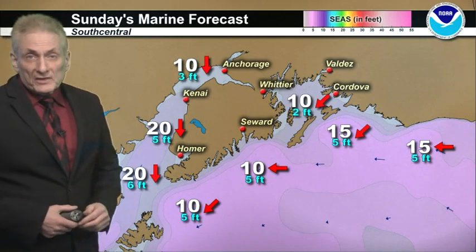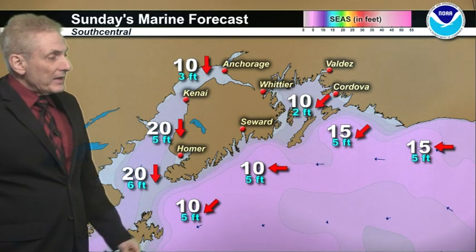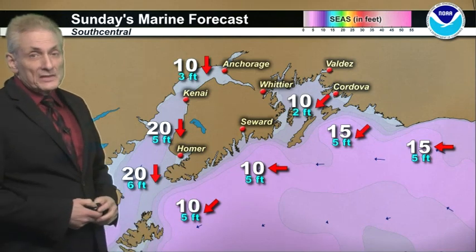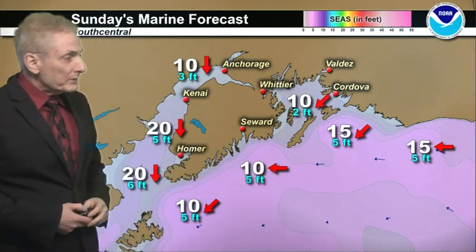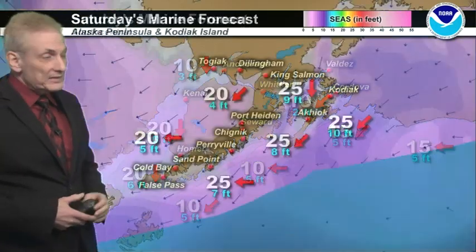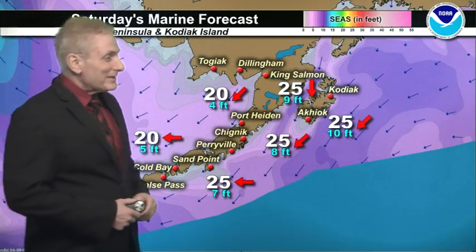Outlook for Sunday, north 10, light winds for northern Cook Inlet, 20 knot winds. Southern Inlet, Kachemak Bay, light for the Barrens, northeast at 10. East 10 for the western North Gulf Coast, just 15 knots there for the eastern coast, and Prince William Sound, light winds, slight seas. And for Kodiak Island, north to northeast, 25 knots, about sums it up with 9 to